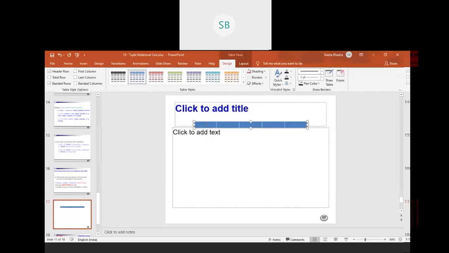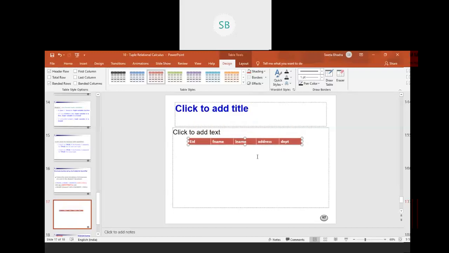So this is an employee table where we have employee ID. Next we have employee first name, maybe F name. Next is last name, address. Next is the department he works in. There may be other things also, but for now we are taking these. So this is the department ID, and we have another table.